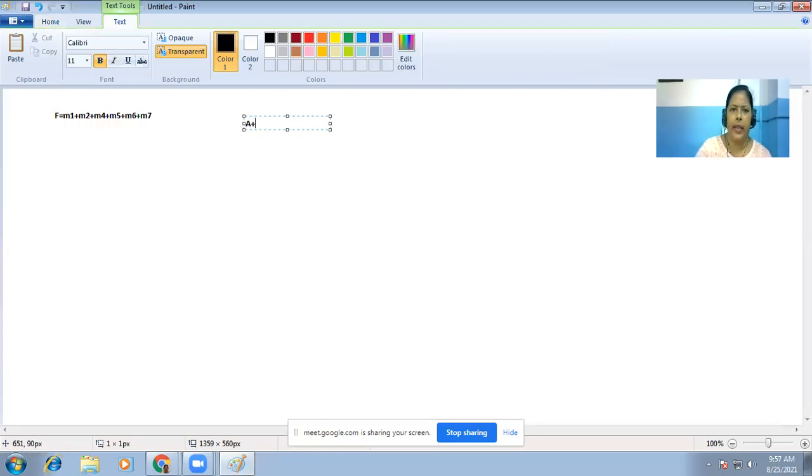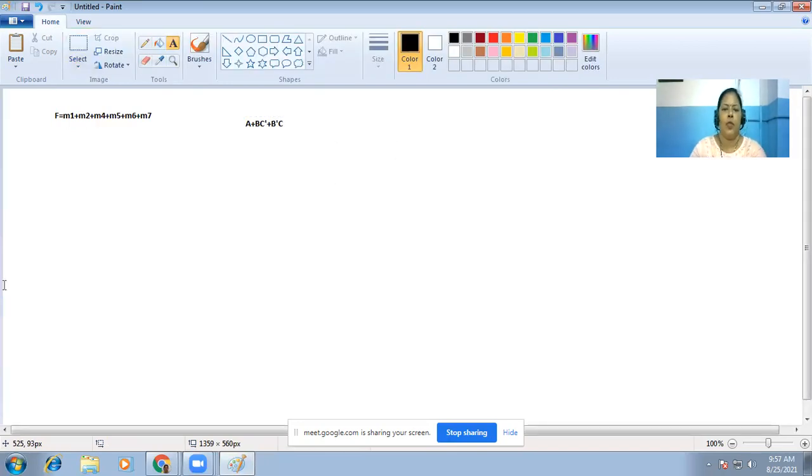A plus C dash plus B dash C. So how many of you have got the same expression?